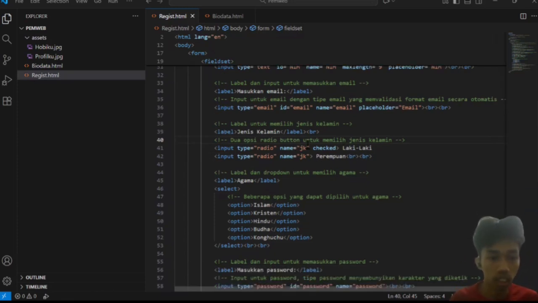Radio inputs that are intended to be a single group must have the same name, for example, name gender, so that only one option can be selected. If checked is added, that option will be automatically selected when the page is open.